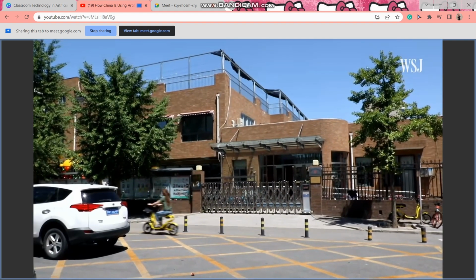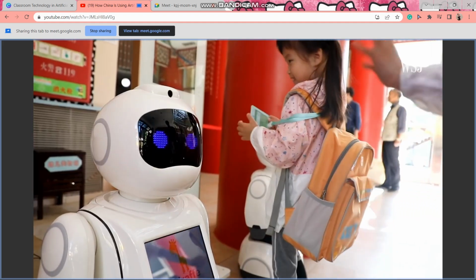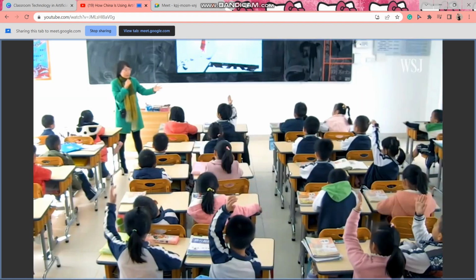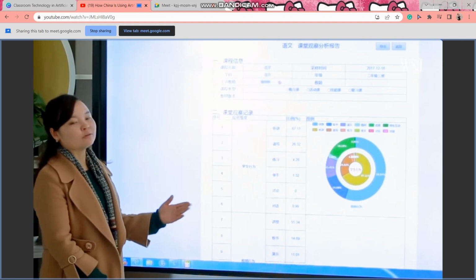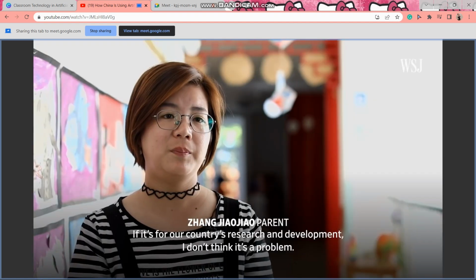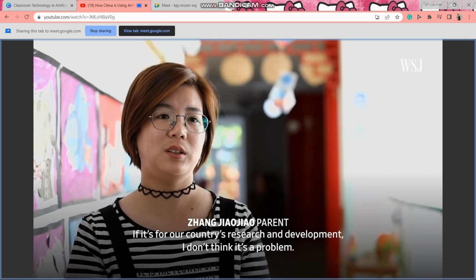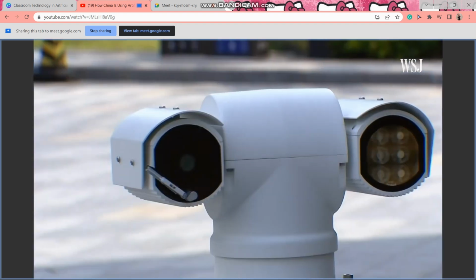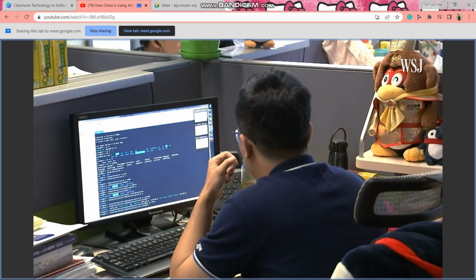But schools say it wasn't hard for them to get parental consent to enroll kids into what is one of the world's largest experiments in AI education. A program that's supposed to boost students' grades while also feeding powerful algorithms. The government has poured billions of dollars into the project, bringing together tech giants, startups, and schools.